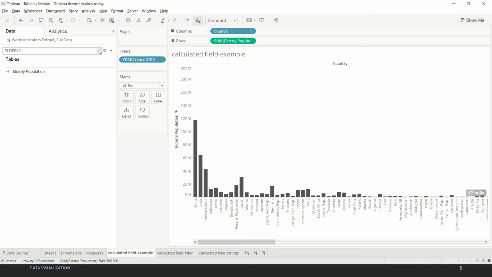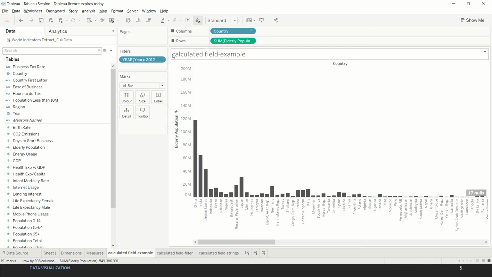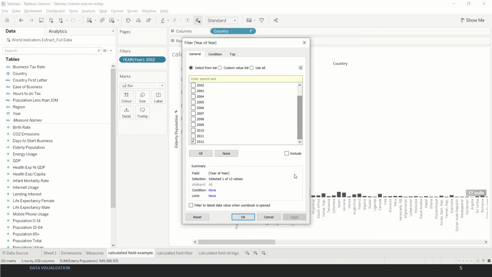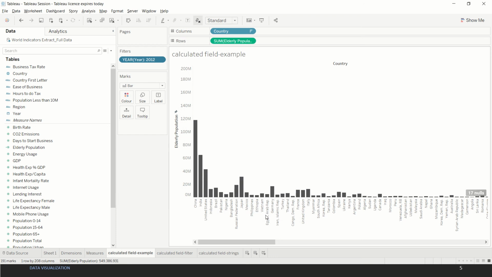since our data had data for multiple years, we have used the latest available year as a filter over here, which is 2012, and we just selected 2012 and filtered out the rest of the year data. We have moved country to the column and the calculated field elderly population over here.